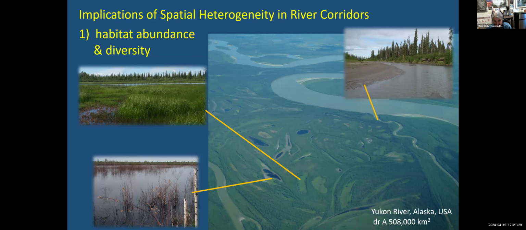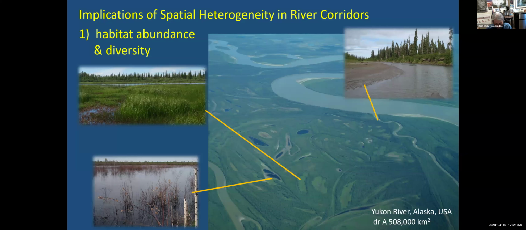And as I think most of us are aware, the field of dreams, as it's been called, approach to river restoration, which is just build it and they will come, is not enough by itself. You don't necessarily get biodiversity if you have habitat abundance and diversity, but habitat abundance and diversity are an important starting point to creating biomass and biodiversity. And there are starting to be papers, if you notice this is 2022, it's just within the last 4 years, that I'm starting to see papers where people are explicitly tying things like habitat abundance and diversity and biomass and biodiversity to metrics of heterogeneity and showing these correlations. So this is one example.